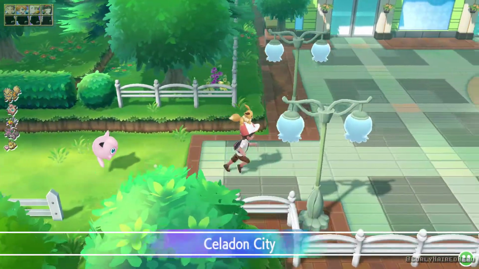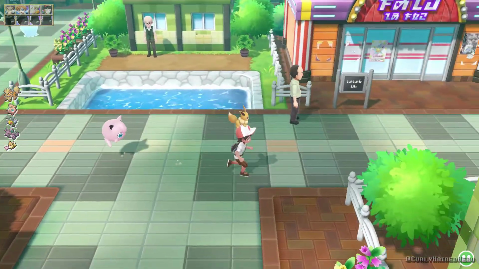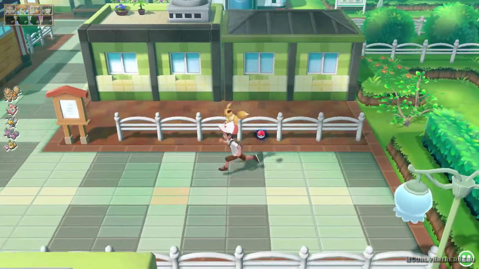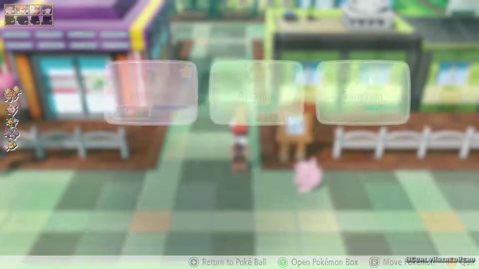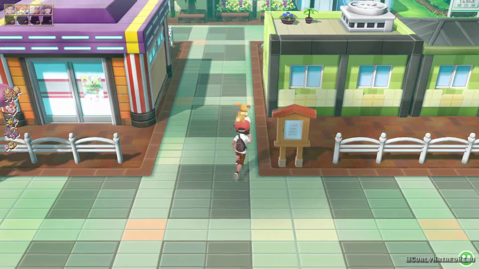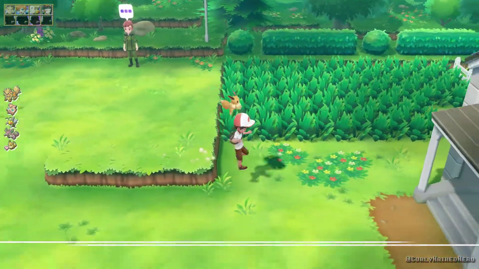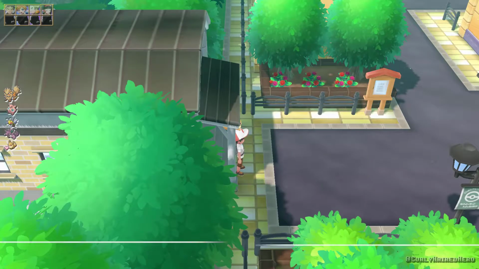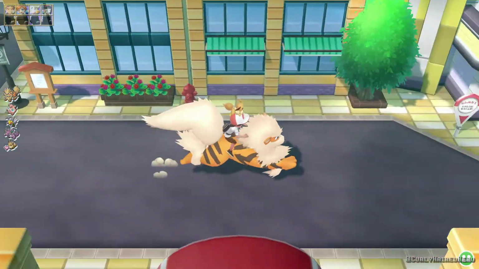That's fine. Alright, so we made it here to Celadon City. I guess that's where I want to be, because from Celadon City, I can go and let's go ahead and actually hop on to our buddy Arcanine here. I know from here, I can go in here, which takes us into Saffron City. And then, yeah, from Saffron City...